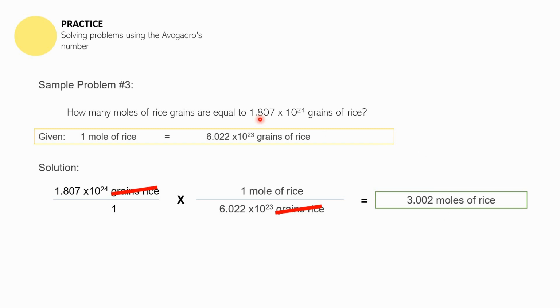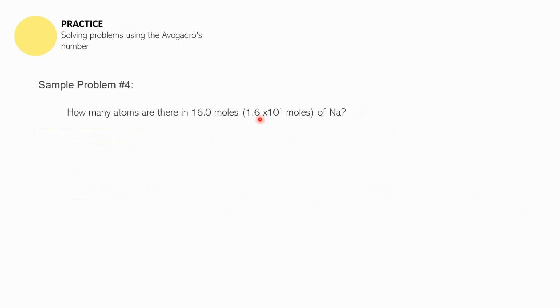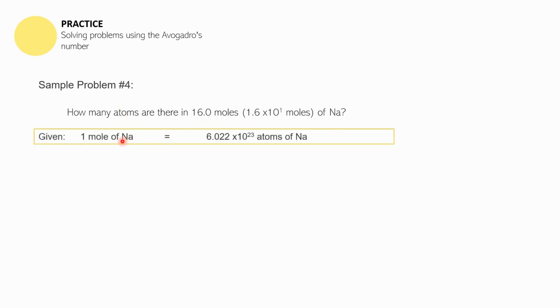Okay, so next is sample problem number 4. Now we go back to the elements. How many atoms are there in 16 moles? That's 1.6 times 10 raised to the first power moles of sodium. Ilan naman kayang atoms na mayroon sa 16 moles of sodium? Remember that for every 1 mole of sodium, meron kang 6.022 times 10 raised to the 23rd power atoms